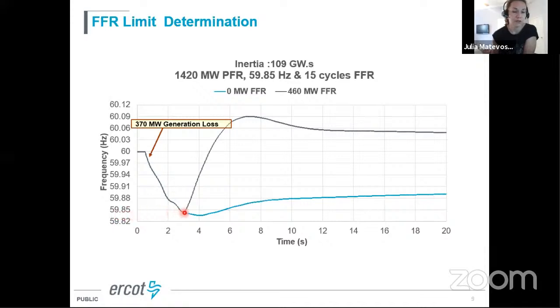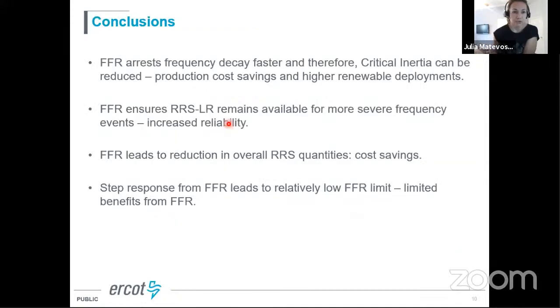And then we trigger FFR and we see how much we can trigger safely without hitting overfrequency concern. And so we found that with that, we need to set a limit of 460 megawatts on FFR. So in conclusion, FFR arrests frequency decay faster, and therefore we can reduce critical inertia, and this provides savings because